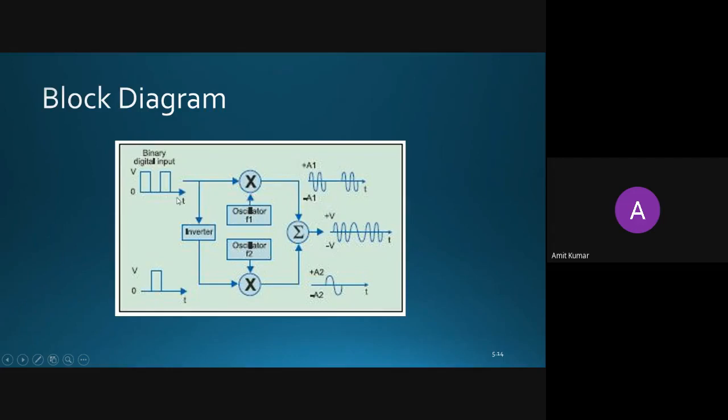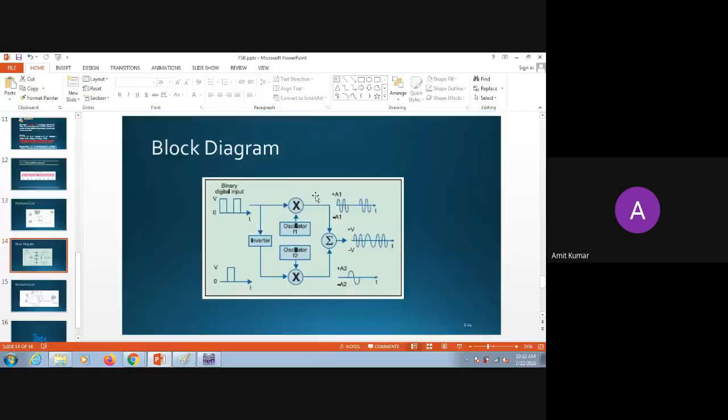Now, if you multiply with the oscillator signal, you will get the first signal available here. That is the first ASK signal, and the second will be available here, which is the second ASK signal. If you combine these two ASK signals, you will get the FSK signal. I will tell you how it is going to perform in Multisim. But before that, you should understand what the ASK process is. We have already seen the ASK process.